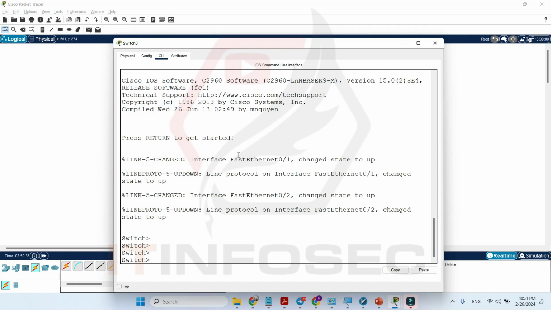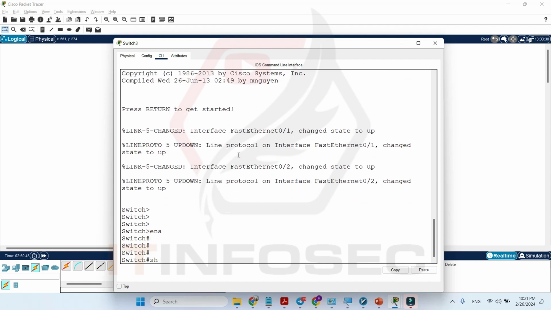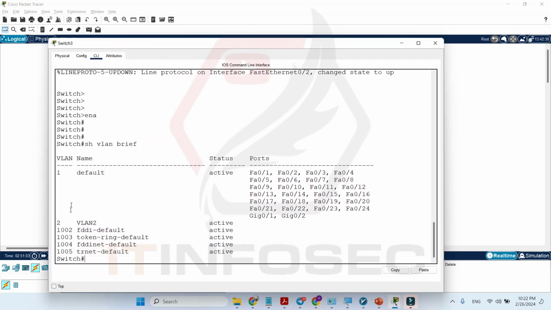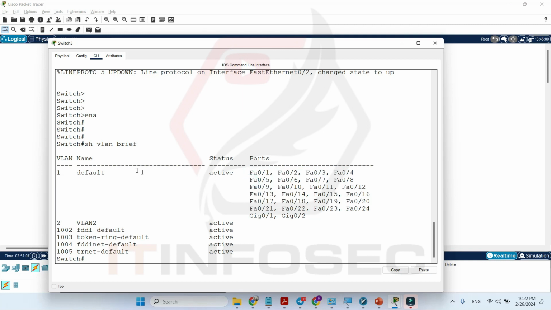Now I am in user mode. I can enter privileged mode with the command enable, and first of all let me check show vlan brief. BRI is enough, but I typed it completely, sorry, to brief, so you can see it completed. When I enter show vlan brief, it will show me all the interfaces of the switch. As we can see, each switch has a default VLAN known as